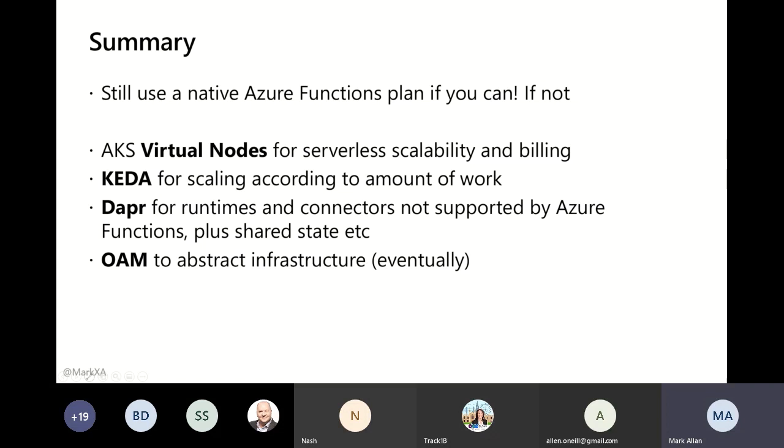Or in the same way as Service Fabric Mesh at the moment, you can do a YAML definition of what your scaling characteristics are of CPU and memory. I would be very surprised if OAM doesn't eventually become something that you can deploy directly to Ali Cloud and to AKS, to Azure, as something which allows you to just say, okay, I want to define a very simple infrastructure and not care about Kubernetes at all.